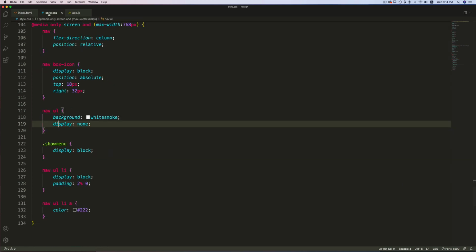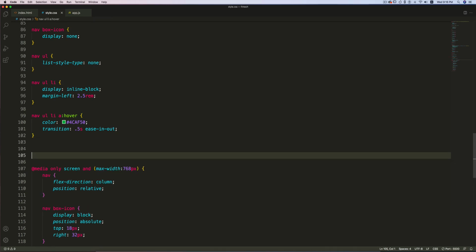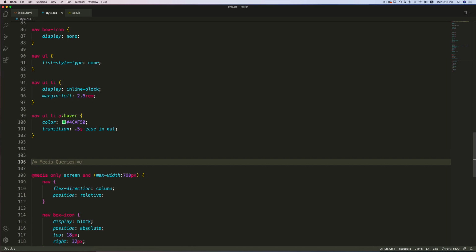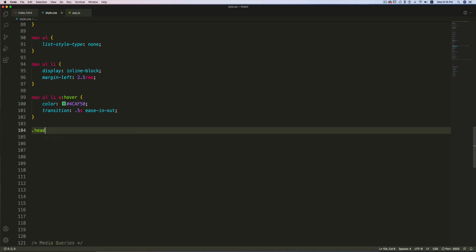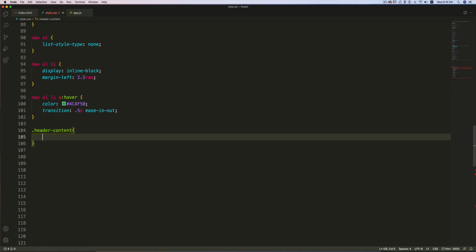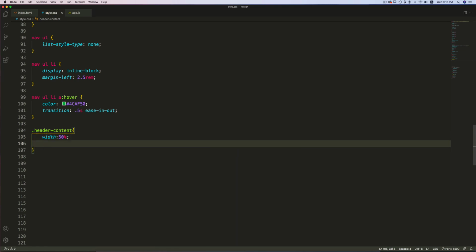Open up style.css. So after this nav UL li hover, first let me comment this media queries. So here I'm going to target the header content. I'll set the width to 50% and I'm going to set the position to relative.